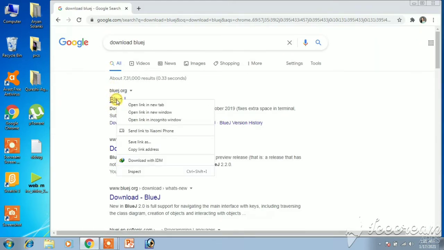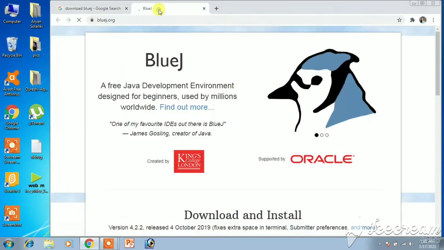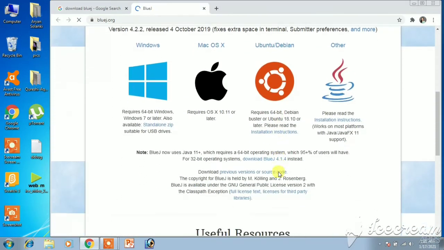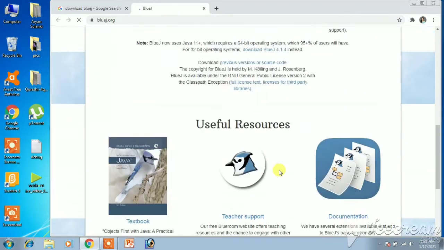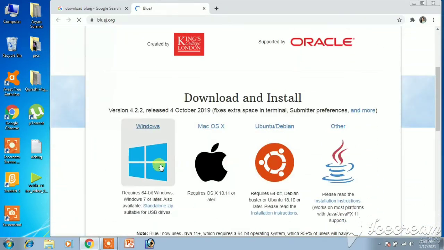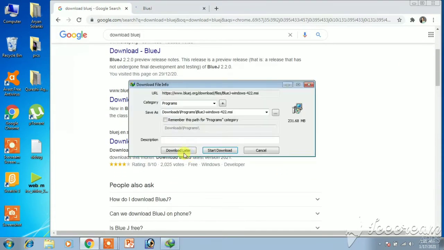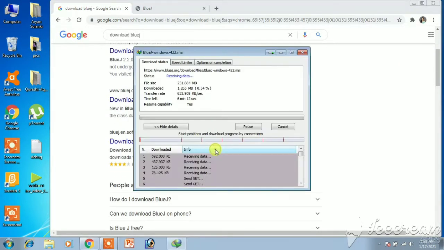You can click the first link available, this one. You have to download it for Windows, or depends on the operating system in your computer. You can download. It's downloading.